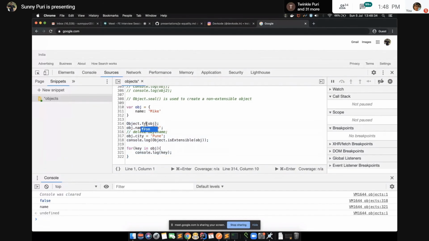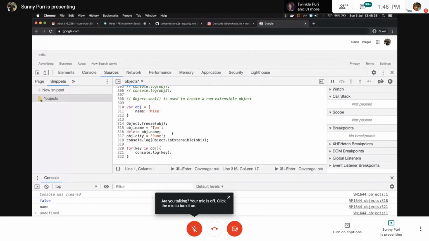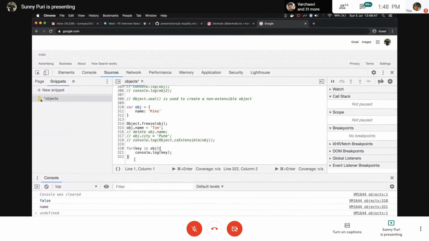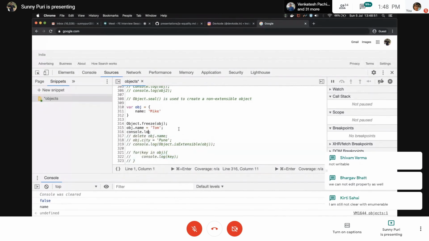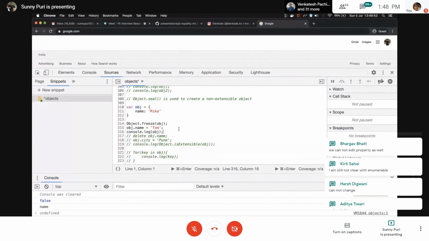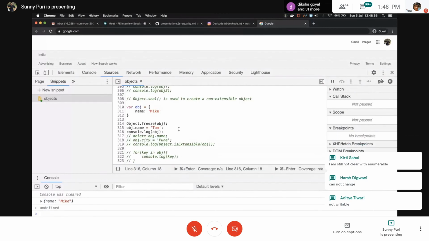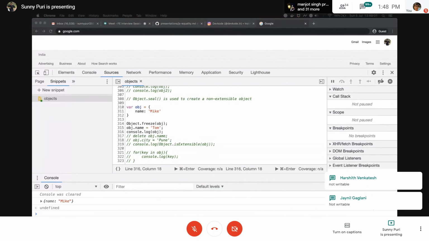Let's do freeze. What is the difference in freeze? Let me comment it out. What is freeze? Not even writable. Let me give you the definition. Not writable, not extensible, both.